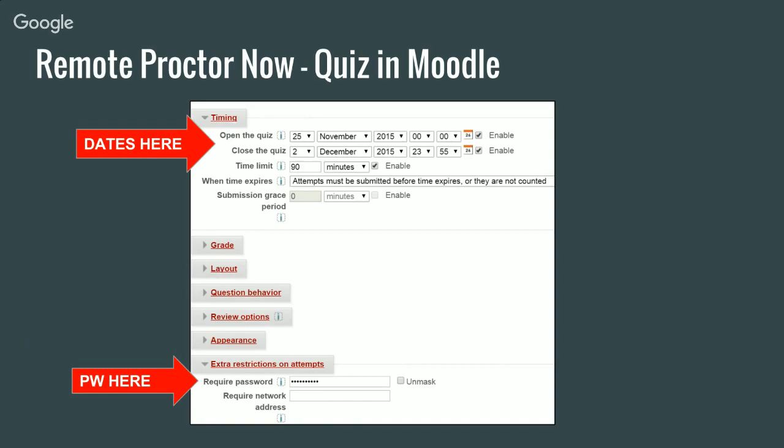But if my quiz is not based out of Moodle, and my submission would be, what I would normally do would be take a screenshot out of the program where the quiz is based and submit it as part of an assignment. Is that possible with Remote Proctor, and how do you do that? Yes, once they go through this quiz in Moodle, then they can really go anywhere else. They just have to start. So I need to set up a quiz, and then have one question on it, which is,